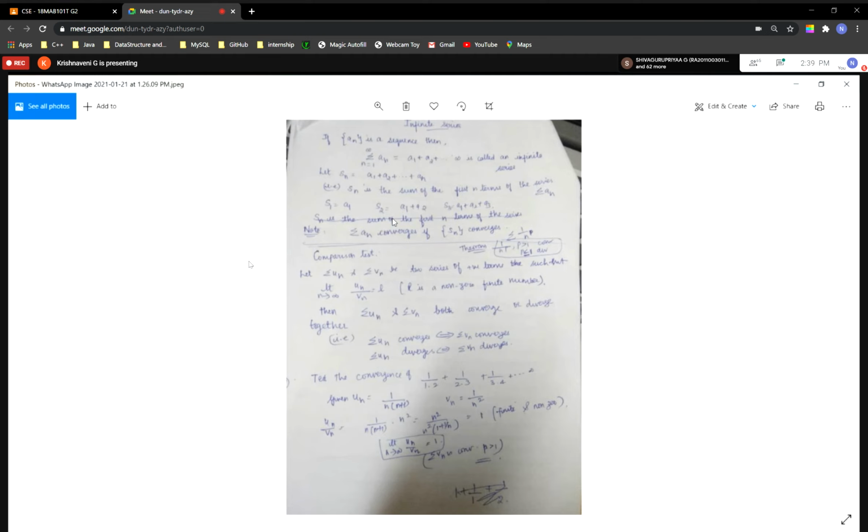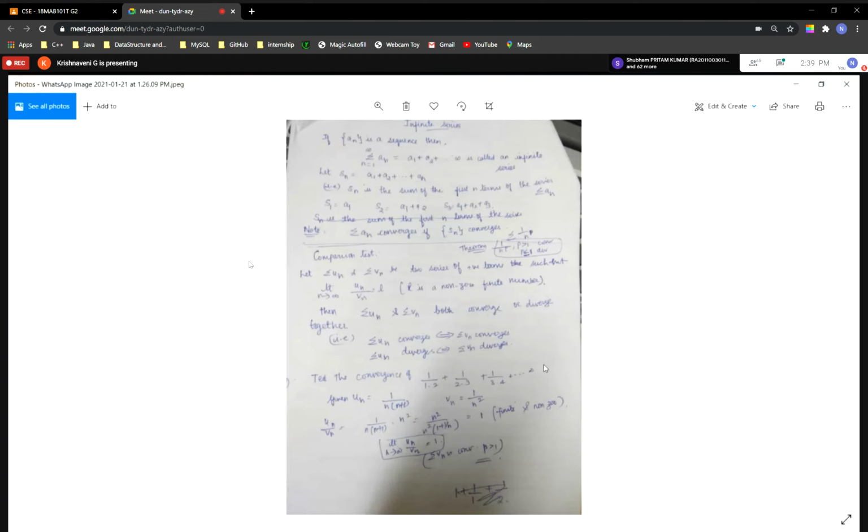S2 is the sum of the first two terms. S3 is the sum of the first three terms, A1 plus A2 plus A3. Note: summation an converges if Sn converges. Summation an converges if Sn converges. Okay. Next,